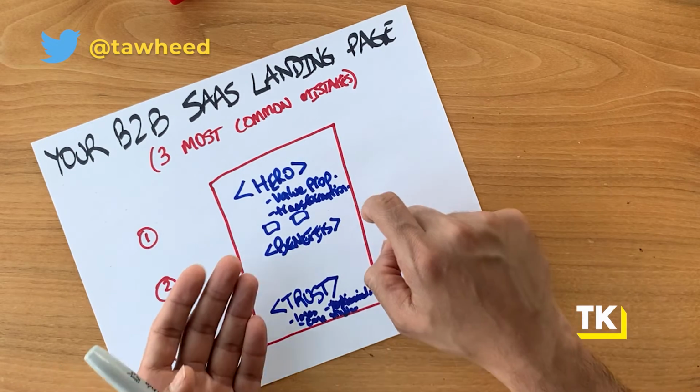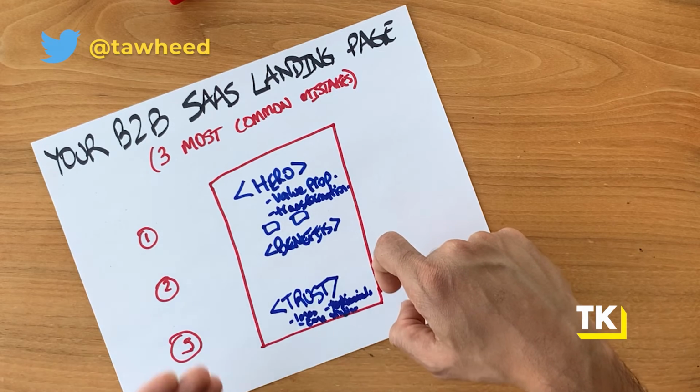So to recap, here are the 3 common mistakes that I see on landing pages and home pages today. Number 1, their value proposition, the transformation they're delivering, is not clear. It's all fancy language and no one understands it and they just leave the page. Number 2, they don't explain the benefits. They may explain the features, but they don't outline exactly what it is that you're delivering on or promising to deliver on. And number 3, they don't build trust. They don't communicate why they should trust you, why others trust you, and demonstrated success in terms of the product that you're offering. Those are the 3 key things.